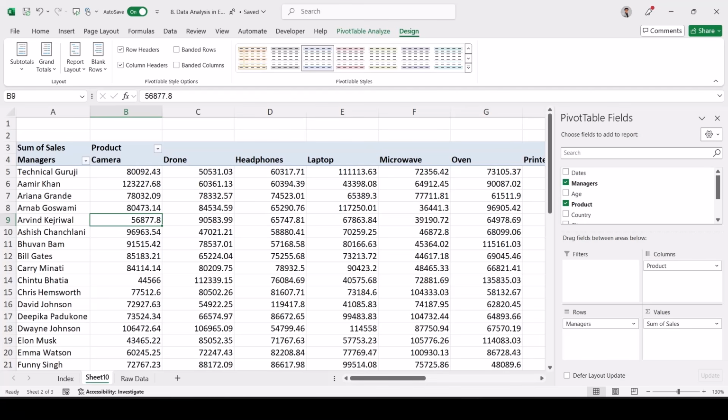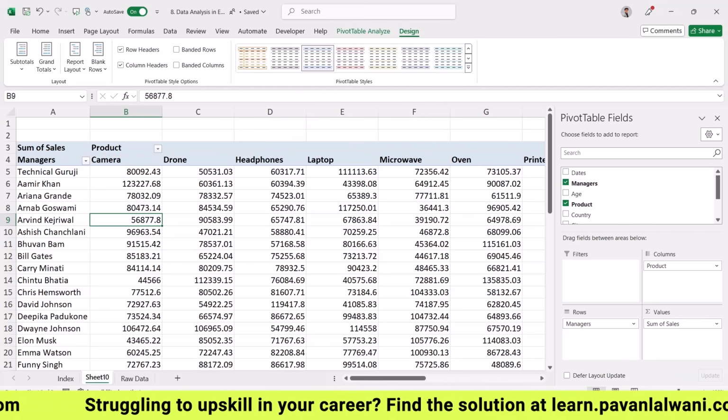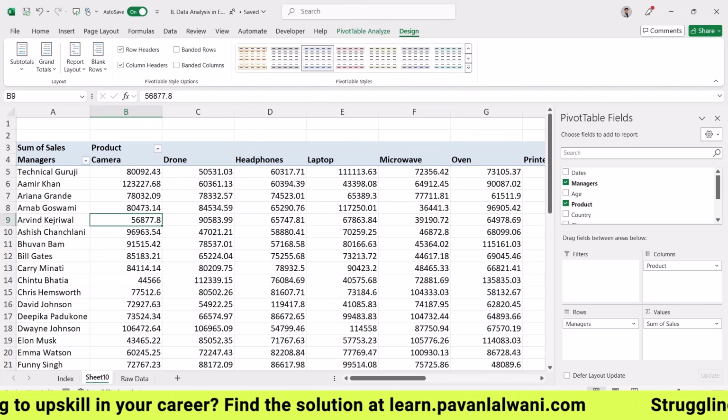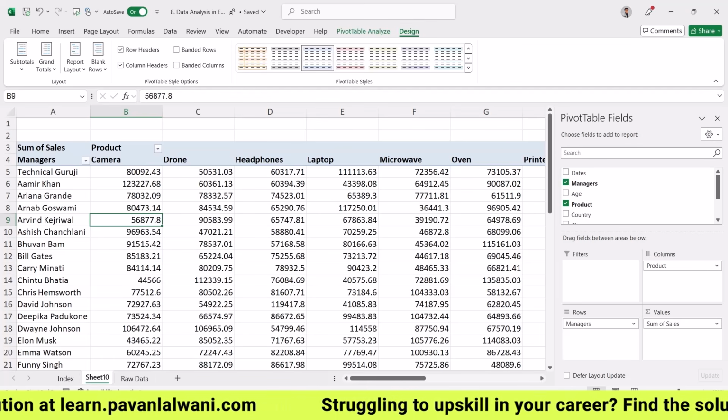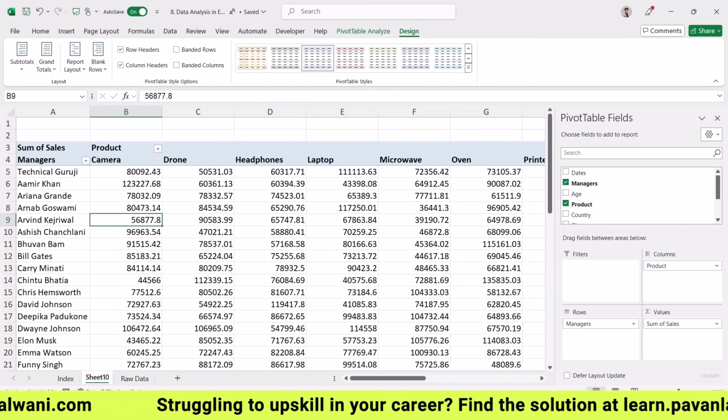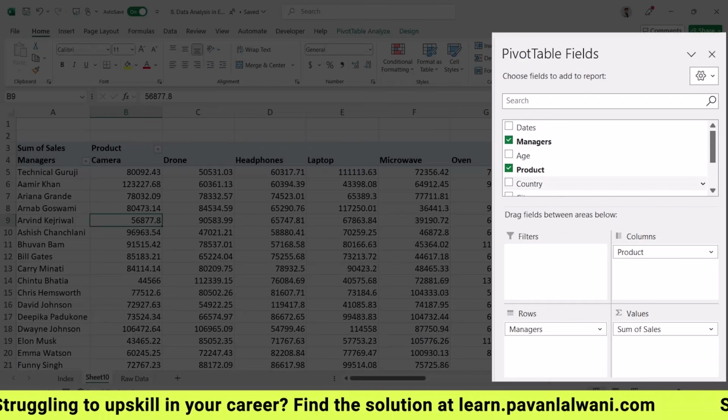Can you give me every country a separate pivot table? For example, this data, which is the managers and the products, should be for UK, one sheet. This data, which is for the managers and products for US, third sheet for India, fourth sheet for UK or some other countries. So one thing I can do here is we can just pick up the country from right